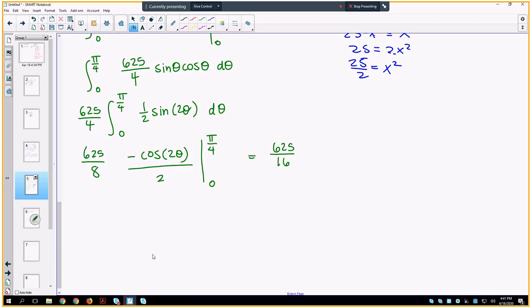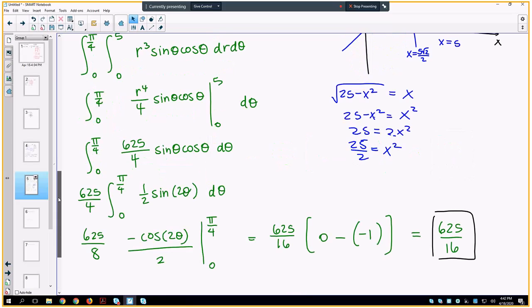Right, so sorry about that. Cosine of 2 theta, when I plug in pi over 4, I get 0. And then I get minus, when I plug in 0, I get 1. So that's minus 1. So that's 625 over 16 times 1. And that is the value